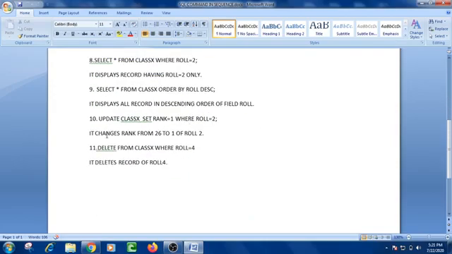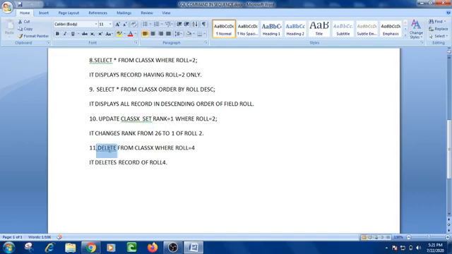So the rank of roll number 2 is now going to be changed from 26 to 21. So this is the way to use the update command. Update command is a very important command. It is always asked. Update is always used with the set, and with the set we mention the name of the field whose value is going to be changed.